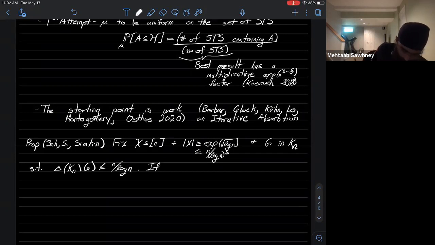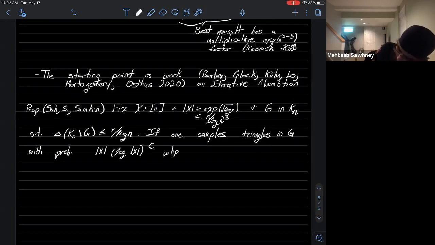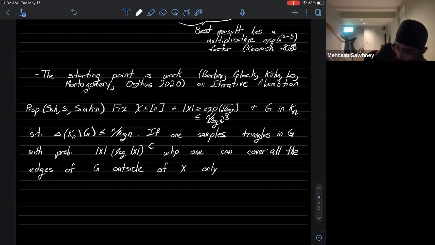Then if you look at this graph and you sample triangles with probability x to the -1 times, say, log x to some power, with high probability, one can cover all the edges of G outside of X, only covering a few